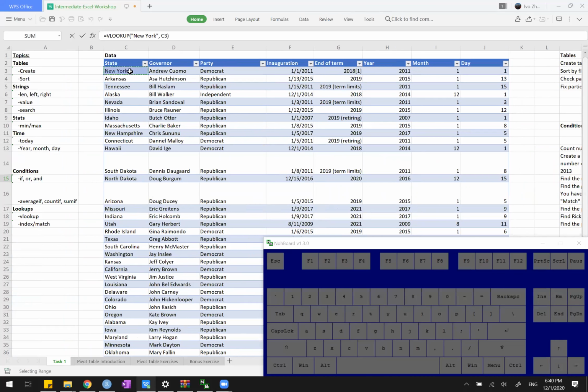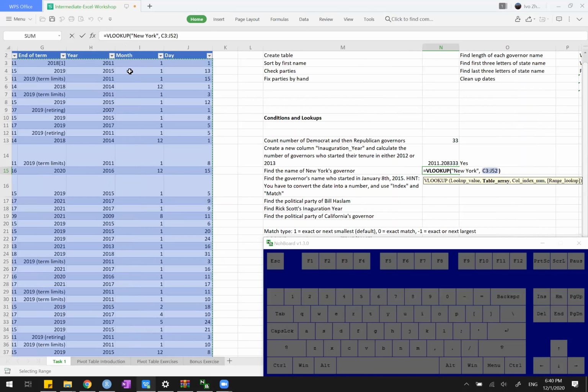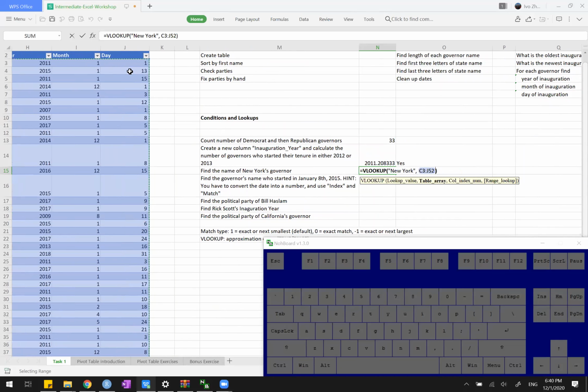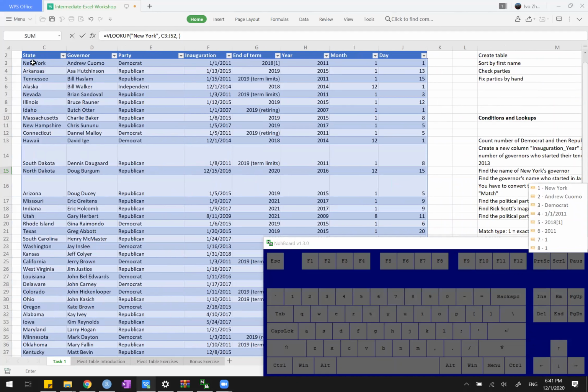The table array is basically the entire table that we have here. You can put the entire thing in there. It's called the table array. It's looking up inside this table. And then column index number. What column index number refers to is that, okay, so we are looking in this table and looking in the